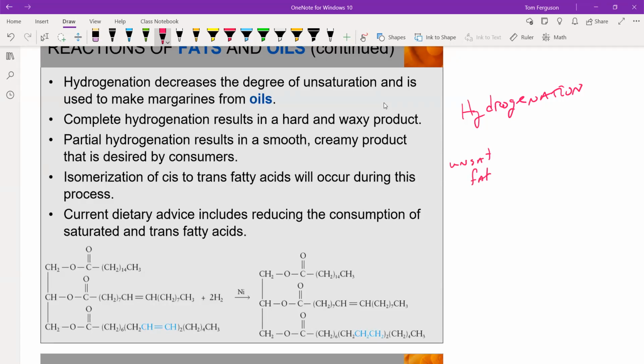You have an unsaturated fat, meaning it has double bonds. You have a process with hydrogen gas under pressure with a catalyst, in this case, platinum, and you end up with a saturated fat. So the physical characteristics change when you saturate the fat. For example,